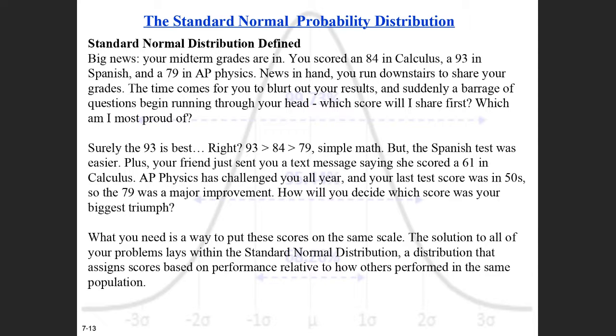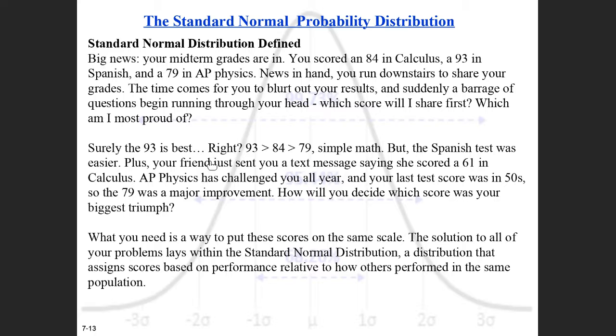So, here's the example. Your midterm grades are in. You score an 84 in calculus. Congratulations. 93 in Spanish and 79 in AP Physics. Run downstairs to share your grades. This time comes for you to blurt out your results, and suddenly a barrage of questions begin running through your